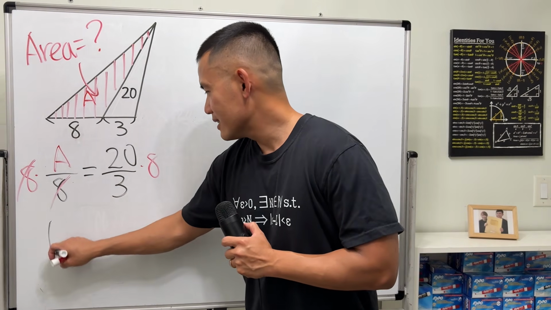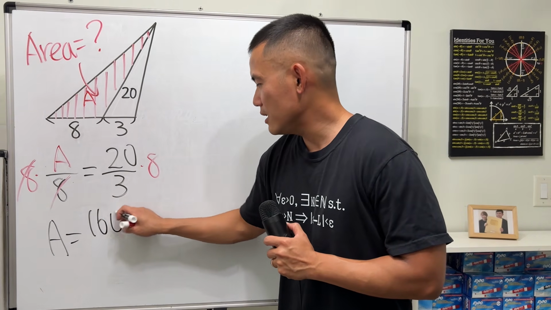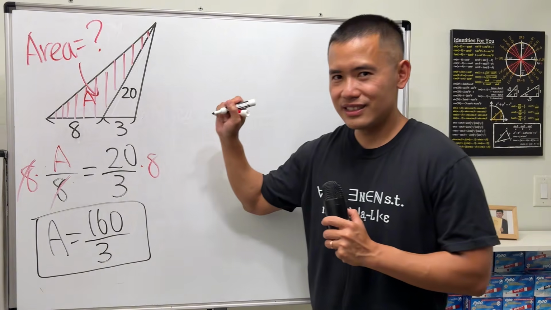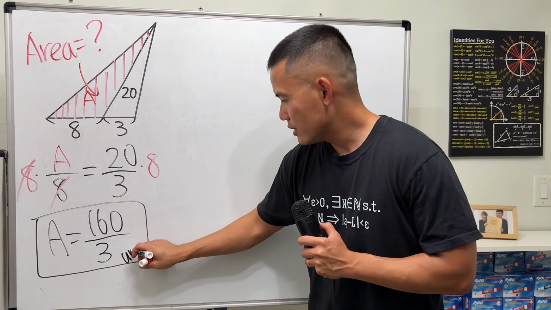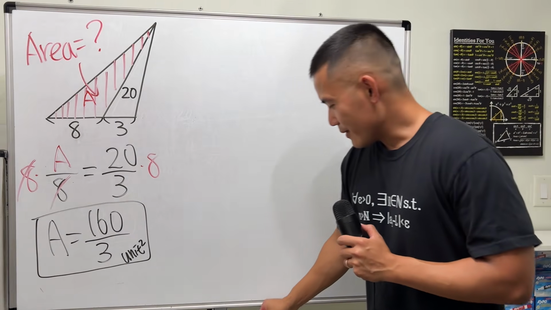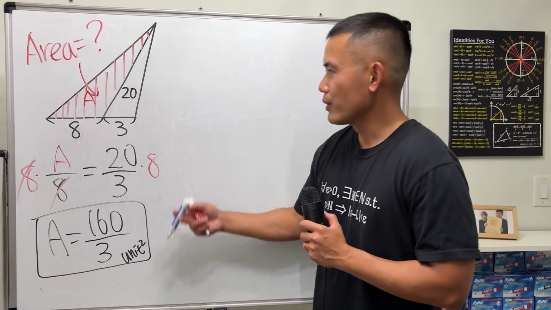Multiply both sides by 8. Area equals, multiply 20 and 8. That's 160 over 3. And we are done. Perhaps put down unit squared. Yep, that's it. Now, let's talk about why whenever you have this kind of situation, how come we can just